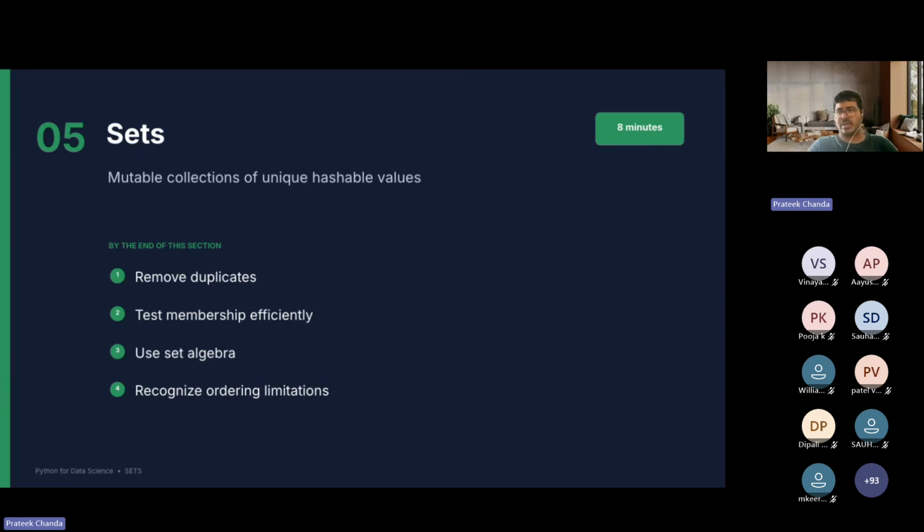You can also check for membership, let's say whether an item is in the set or not. You can easily do that, although you can also do this in lists and other things. You can also do set algebra, like the complement of a set, and also things like set difference, and all those set algebra operations you can try out there. So all those things are possible, and you can also do different kinds of ordering limitations, which we'll see more from the